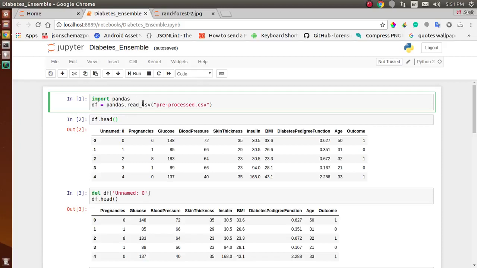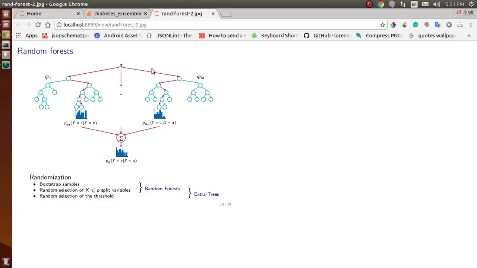So before we start this coding section, I want you to get a brief info about what random forest is. So as you can see in this image here, what random forest does, it creates multiple trees. So as you can see, we have this X as a data set, and now on this data set we implement a number of trees here. So this is our first tree, this is our second tree, and there are n number of trees here. So what random forest does, it will create multiple trees from a single data set, and then the one which is giving us maximum accuracy, the random forest will return us that particular tree.